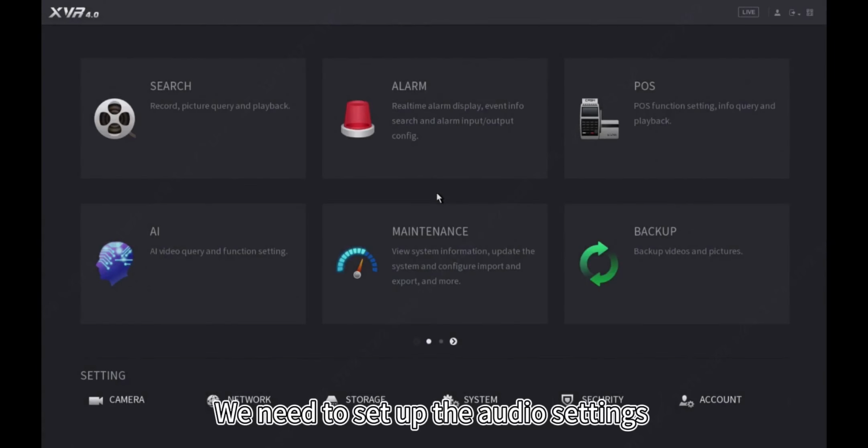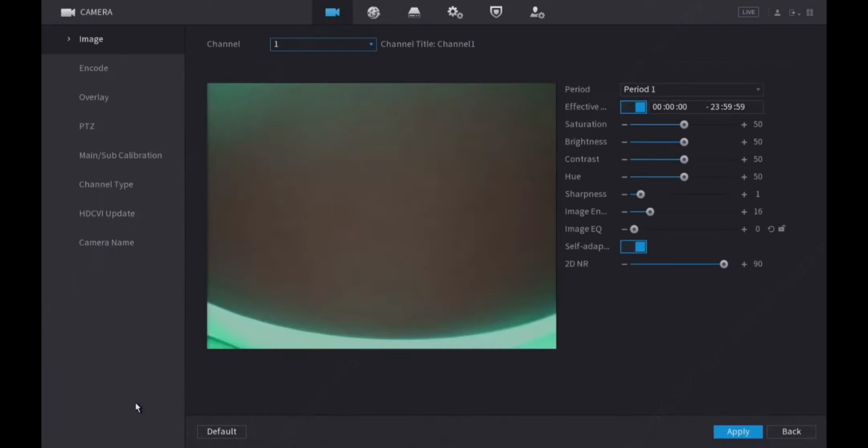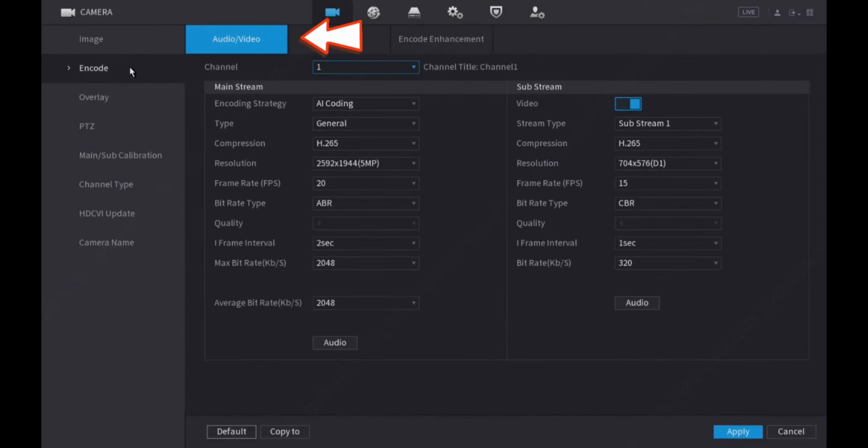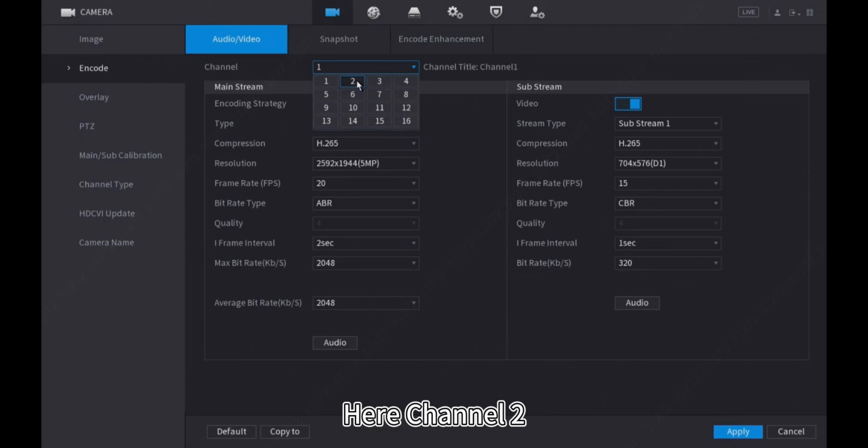We need to set up the audio settings from the XVR side. Go to Camera. Go to Encode. In Audio, Video, select the channel with the built-in mic. Here, channel